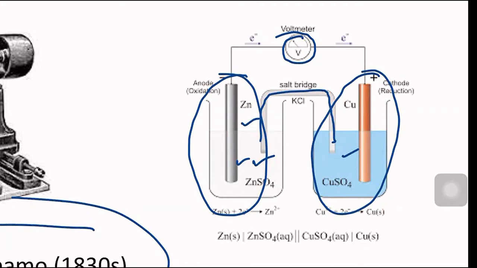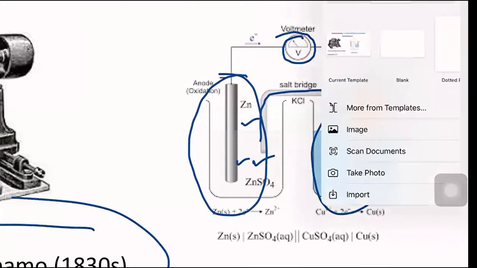Now, by explaining the half cell reaction, we will be able to understand what is happening inside a galvanic cell. After knowing what is happening inside the galvanic cell, you will get a complete idea about an electrochemical reaction where a chemical reaction leads to electricity, which we are going to study. So I will draw the galvanic cell construction, then I will explain how the reaction occurs.